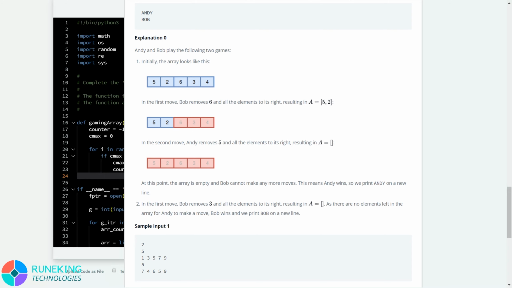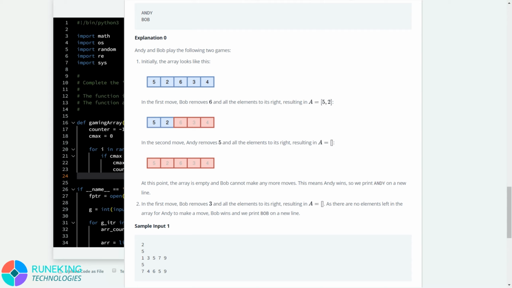Now according to our code, initially counter is -1 and current max is 0. At index position 0, element 5, it will compare the current max with 5 and the current max is less than 5. That means our counter will increase from -1 to 0. Then for 2 the counter stays 0, then 6. Our current max is 5 and our counter is 0 and ARR of i is 6.